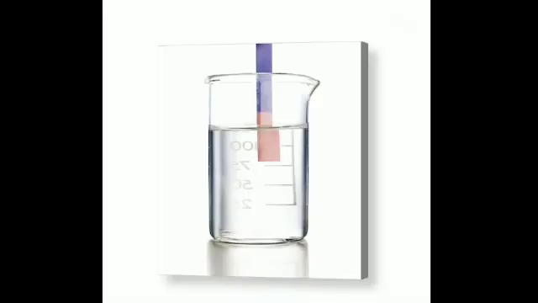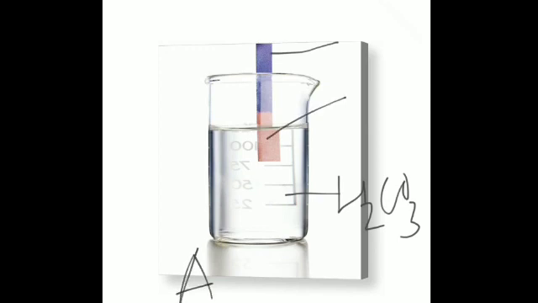Next is the action on litmus paper. This is the litmus paper, and when carbon dioxide is introduced, the blue litmus paper is introduced in this, that is the moist blue litmus paper. This is the litmus paper which is blue in color, and when it is introduced in a jar or a beaker containing carbon dioxide dissolved in water, this is acidic in nature. Carbonic acid is formed, and when this blue litmus paper is introduced in this, it turns red, showing that carbon dioxide is acidic in nature. Is it clear?